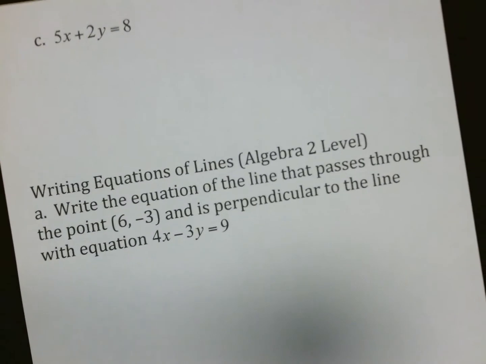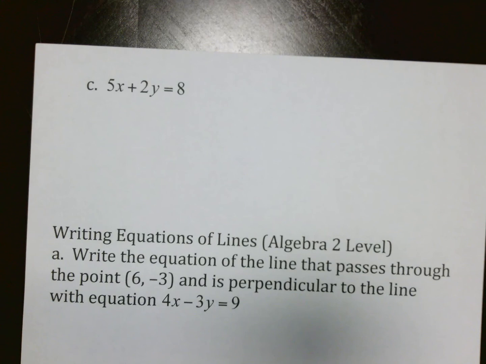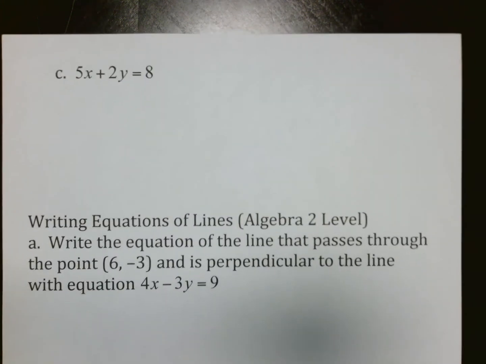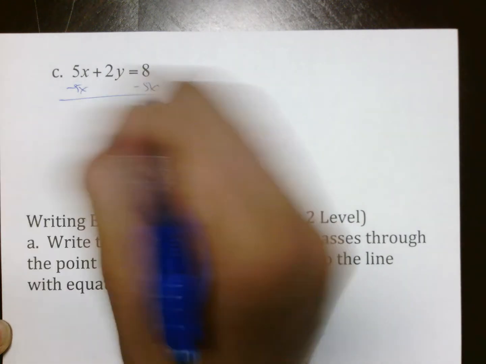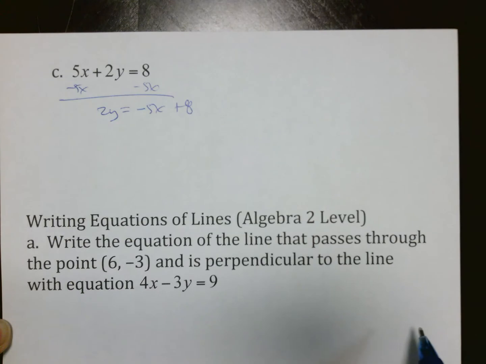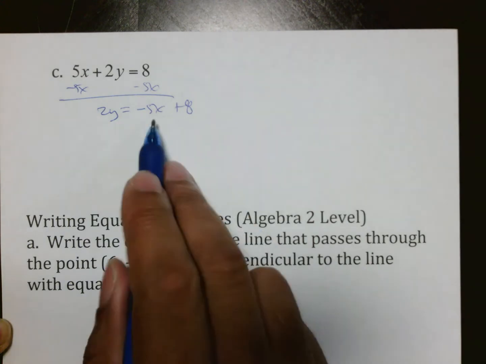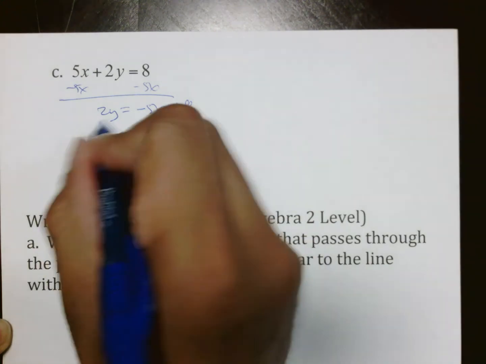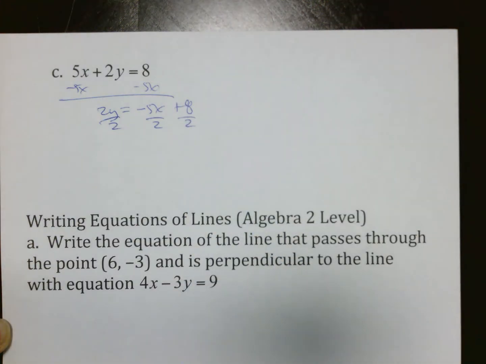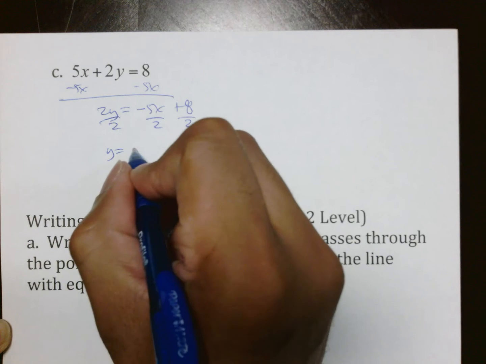The one that we should have learned, I think a couple days ago, even though I didn't really teach it yet, I did do it in class, but now it'll be official, is what happens if I have standard form. Well, remember, standard form is the one where I need to get y by itself. So the first thing I do is I move my 5x by subtracting it. I get 2y equals negative 5x plus 8, because remember, I can put the 5x anywhere I want, and I like my m's up front. Now I divide everything by 2. And in all honesty, you could stop right there because you can see it, but to make it official,